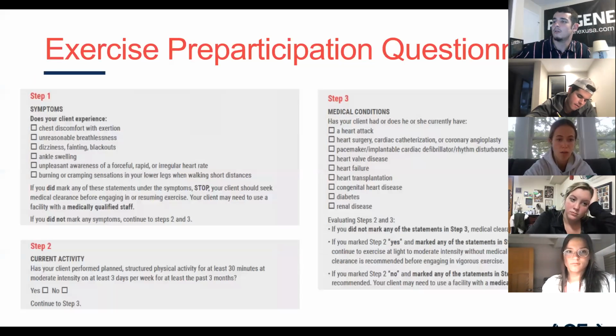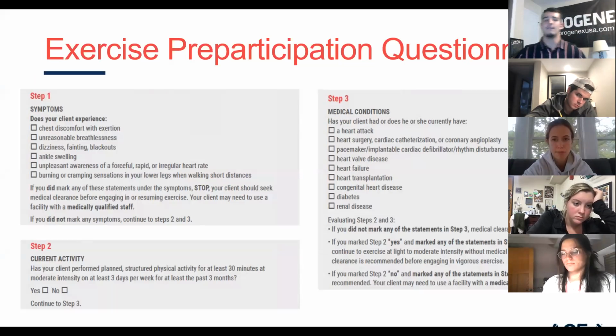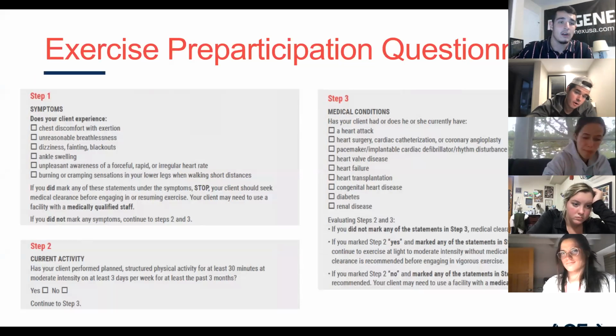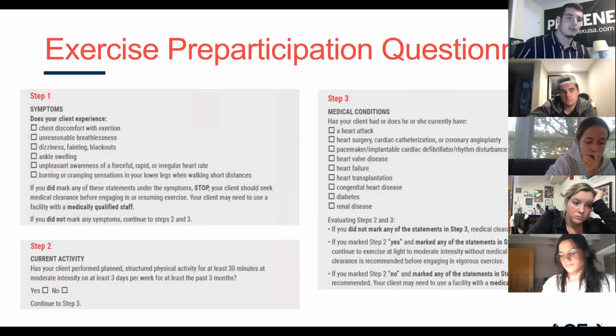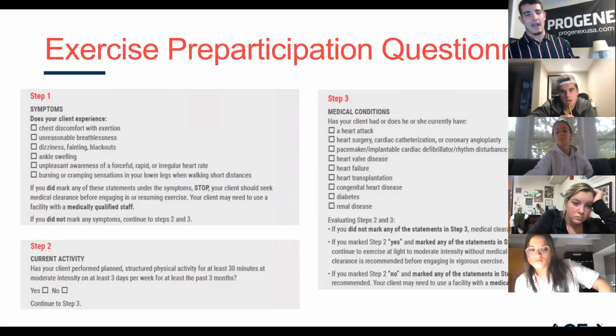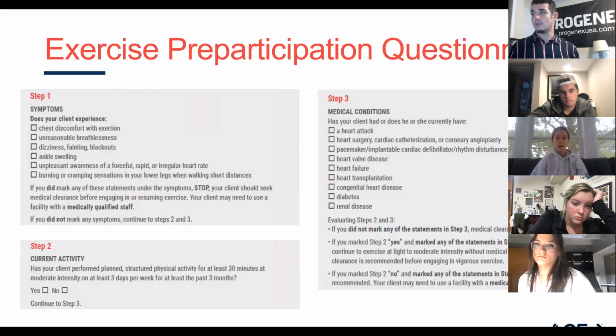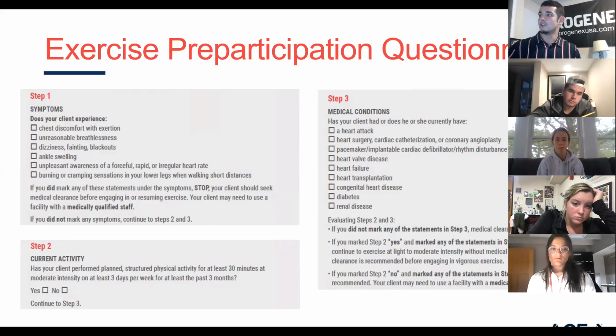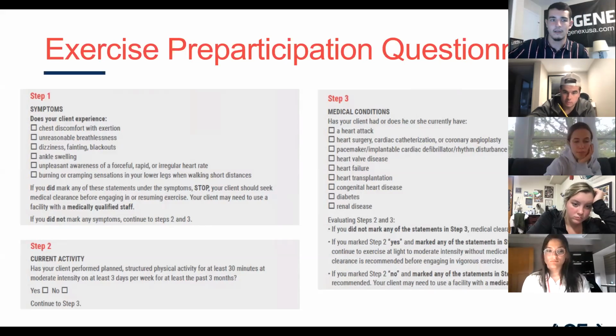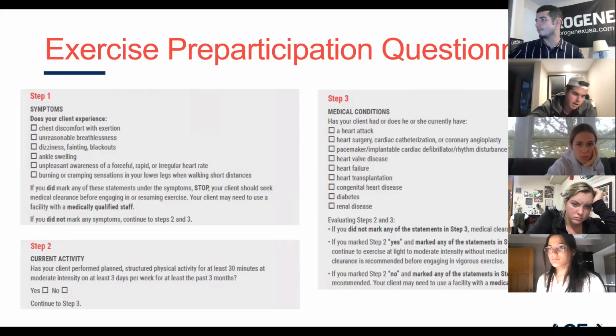We don't have a video. So here's some examples of an exercise pre-participation questionnaire. If you're a personal trainer at Campus Recreation, we already kind of take care of all this for you. Your client has to fill out a physical activity readiness questionnaire, otherwise known as PAR-Q, before they begin. And if they answer yes to any of the questions on there, then they have to get medical clearance first. And you would actually be surprised how often that happens. So step 3 over here is, I believe, the physical activity readiness questionnaire, although it might be slightly different.